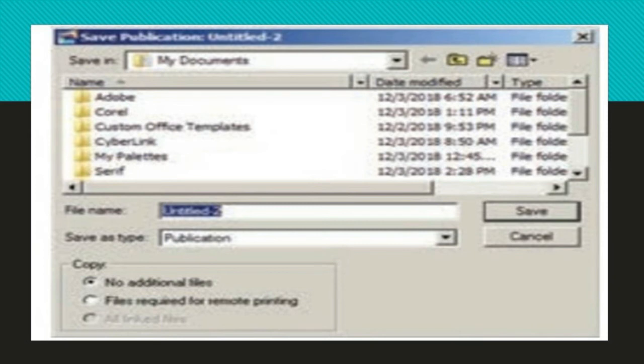Saving a publication. To save a publication, first we have to click on File and then Save. If you press Ctrl plus S also, it will be saved. You can see the dialog box appear on the save screen. In that, we have to type the file name in the file name text box.